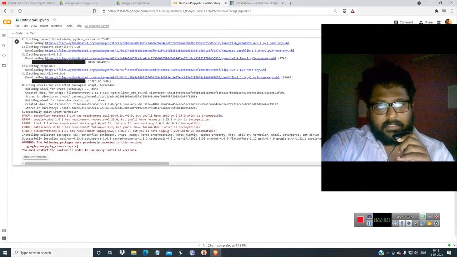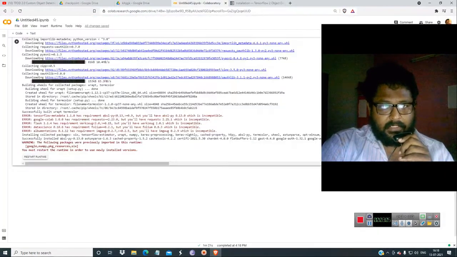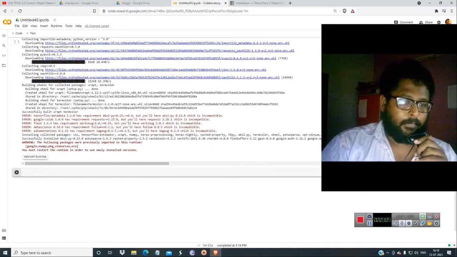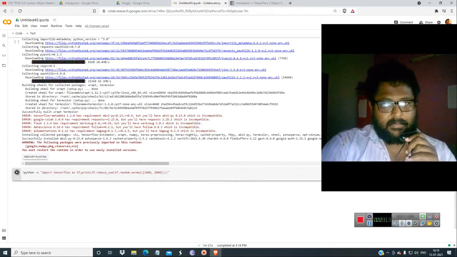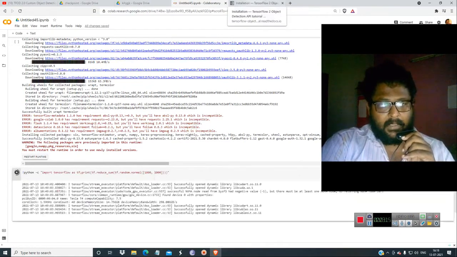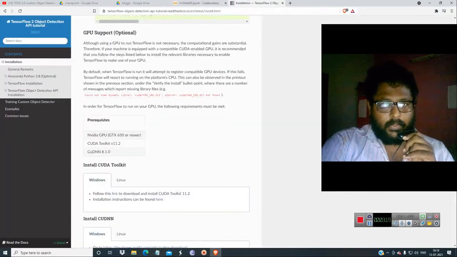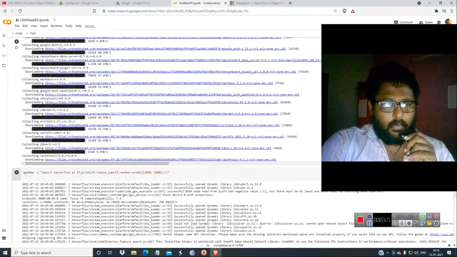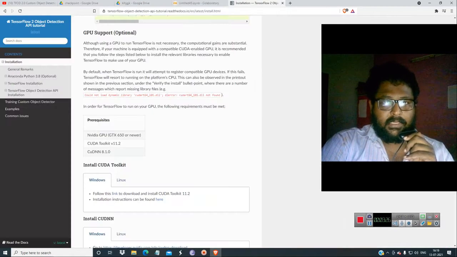Okay. Now we have restarted the runtime, and now what we have to do is check the code to see whether TensorFlow is installed correctly. Come here, just paste it, Control V, and click it. Okay, it's going somewhat well. So then GPU support, CUDA toolkit 11.2. I don't know how they have installed this 11.2 on a Tesla T4 without a 30 series, but it's great news.